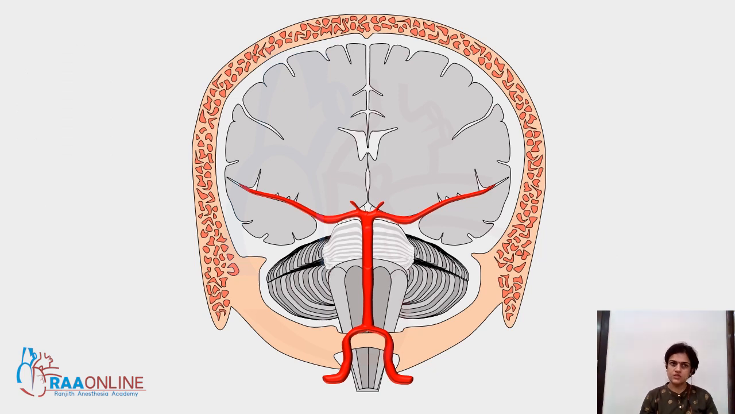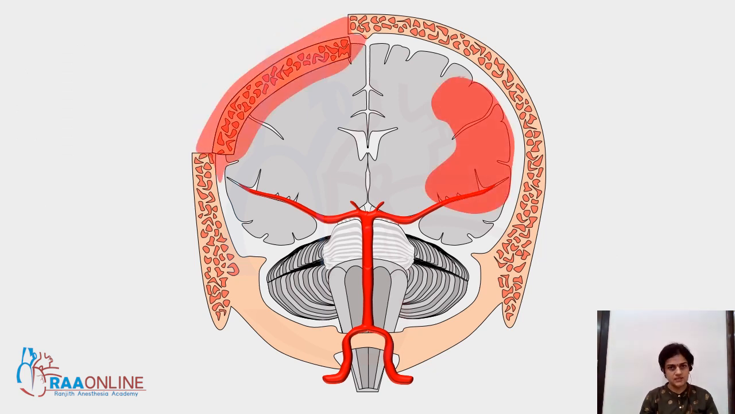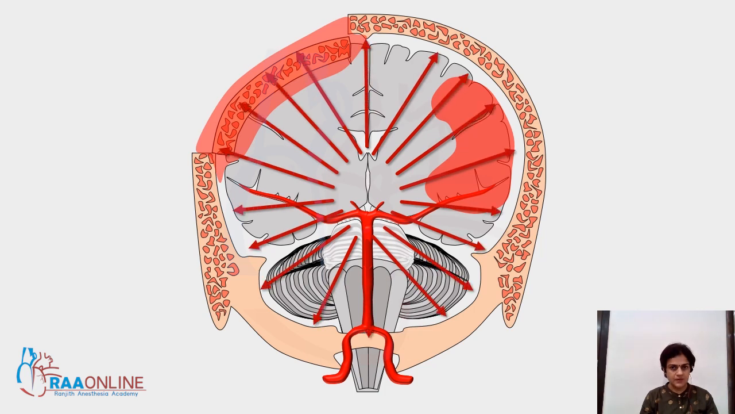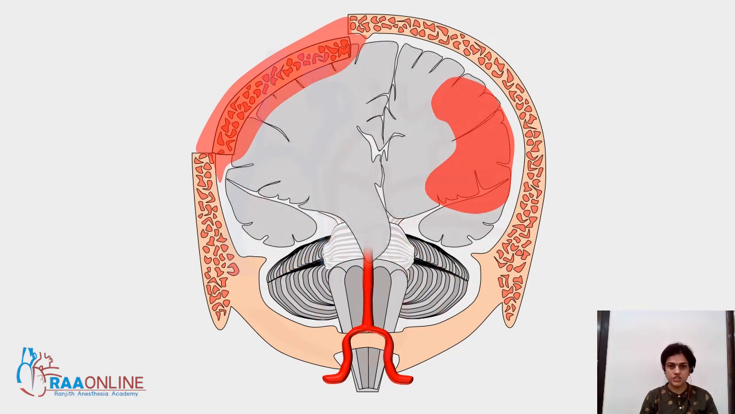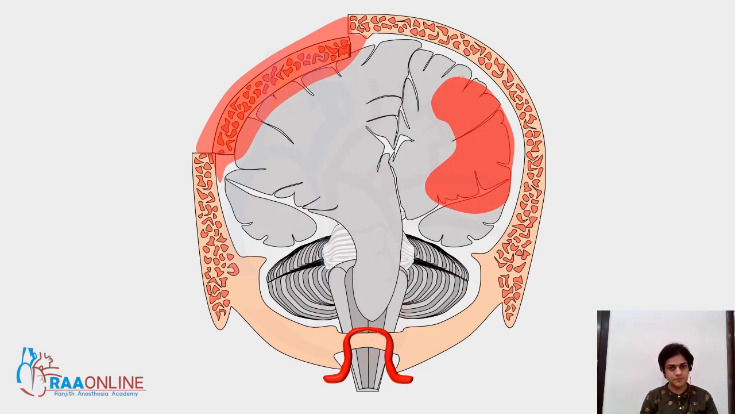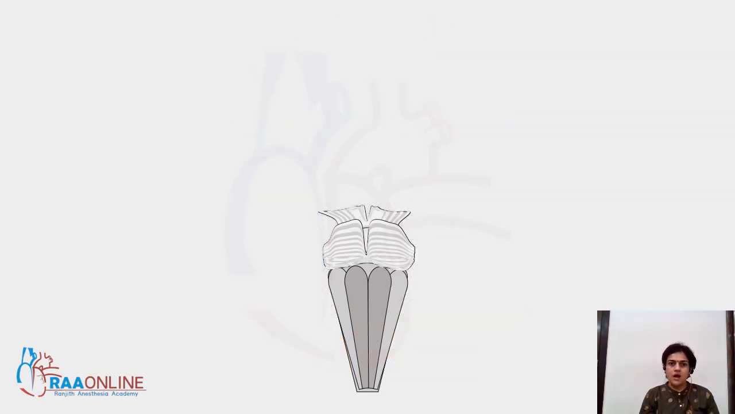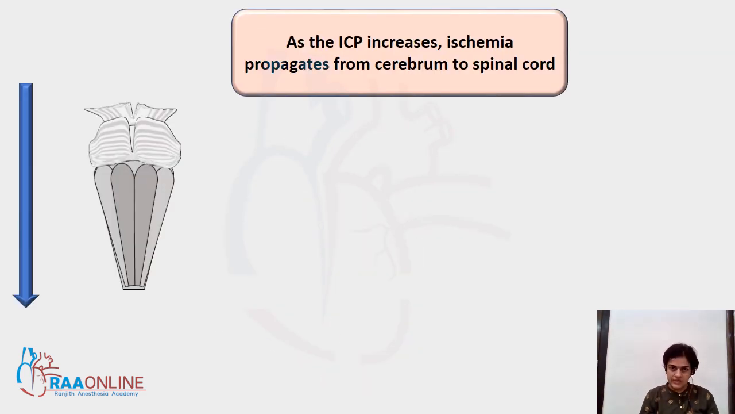So this is what we've seen so far: neurological insult leading to increased ICP, leading to herniation, compression of arterial blood supply, finally leading to ischemia and infarction. As the ICP continues to increase, ischemia propagates from the cerebrum to the spinal cord in a rostral caudal fashion. As we know, the brain